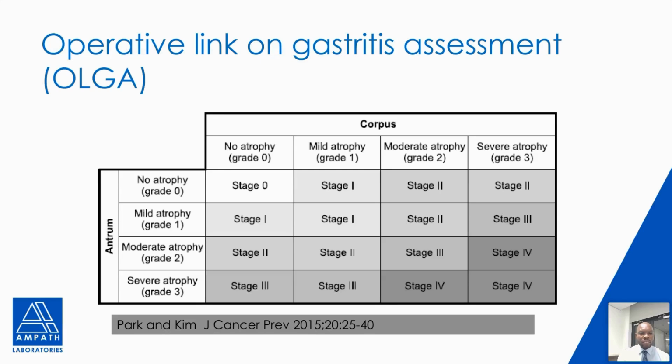So in other countries where there is a high prevalence of gastric adenocarcinoma, this system is used as a means to grade the patients who are more likely to progress to an invasive carcinoma of the stomach, so that they are followed up more or less in a similar manner to patients who have Barrett's esophagus. So the idea is that the tumor can be picked up fairly early if these patients are followed up, and then have an early